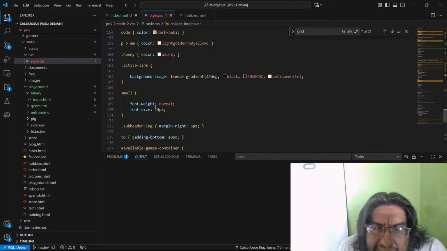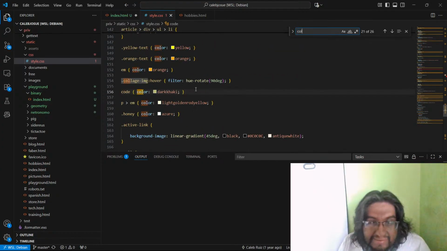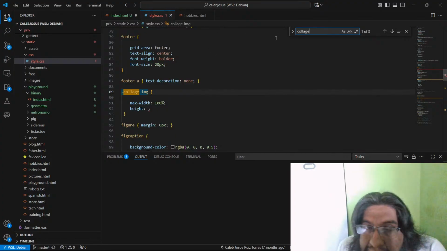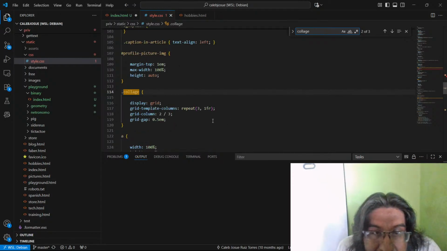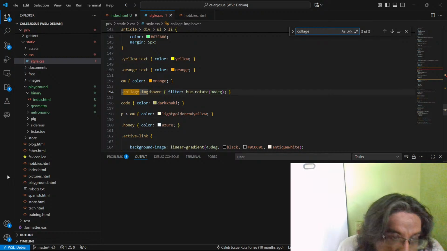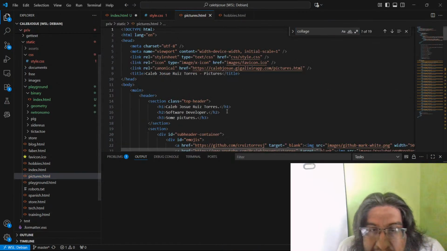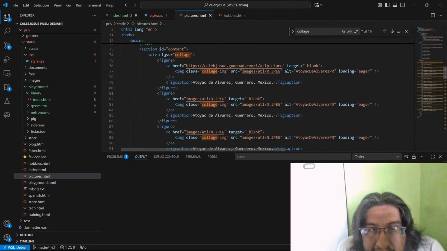So it seems I'm not using grid layout for collage. Where is this? Yes. Okay, here it is. Now the pictures. Okay, but